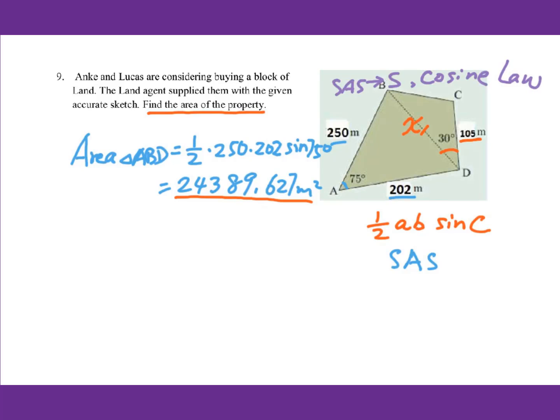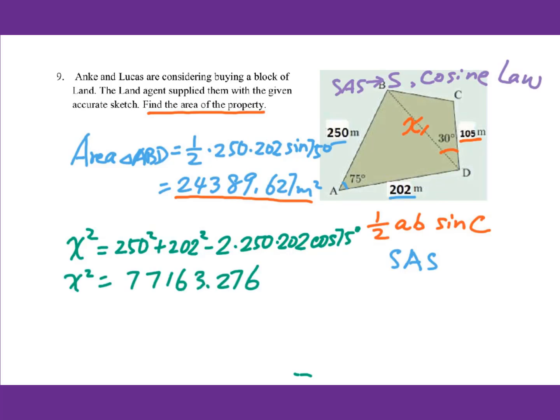Therefore, we get x squared equals 250 squared plus 202 squared minus 2 times 250 times 202 cosine 75 degrees. After you get x squared, you have to take the square root of both sides. x equals